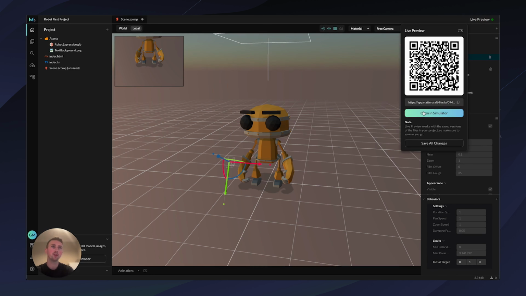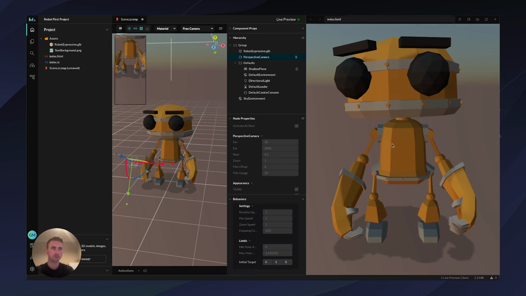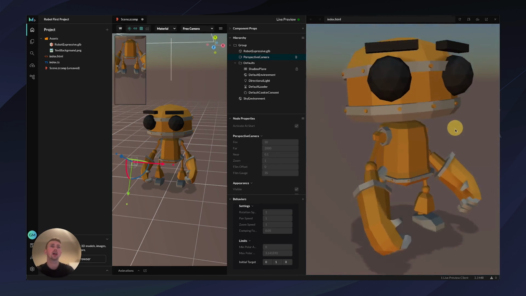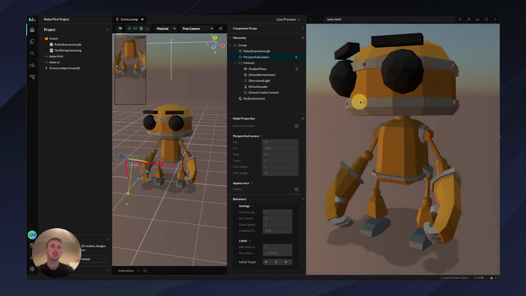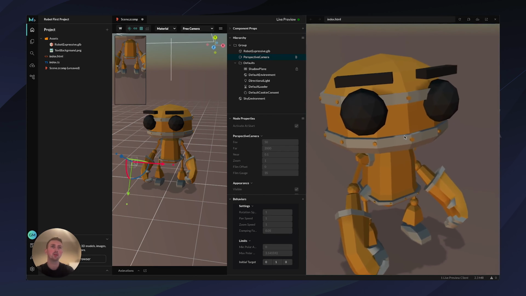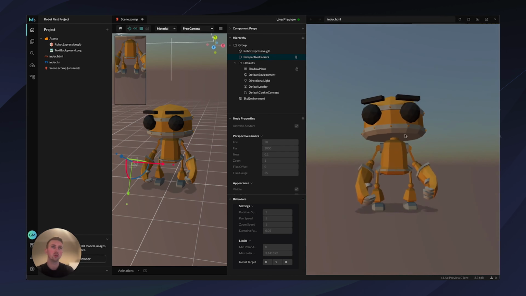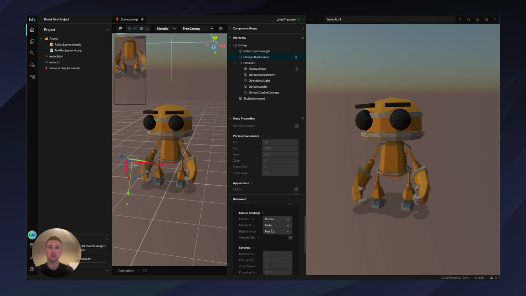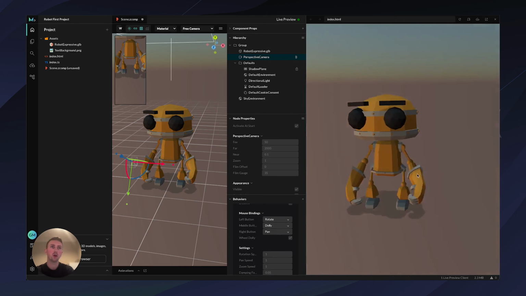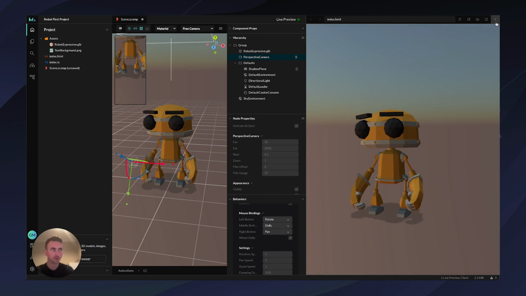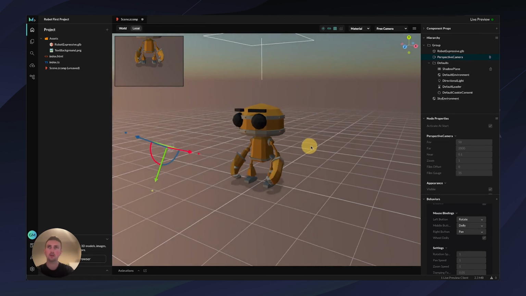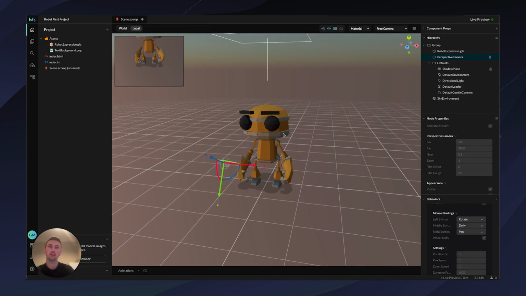Now if we click live preview and open the simulator view, it starts with the robot in view. And if we click and drag around our live preview, sorry, this is allowing us to move around. And we can also have the zoom controls. If you didn't want the zoom controls, you can turn these off in the mouse bindings of the behavior. But yeah, really cool. And this will work on mobile devices and also on desktop. So let's close the live preview simulator now, and let's add some more content to our project.